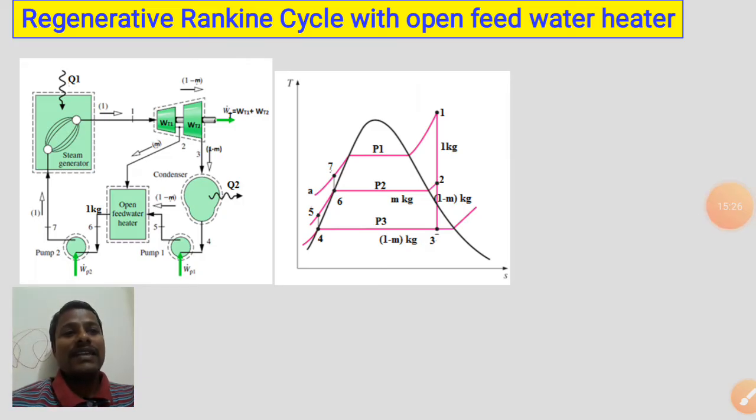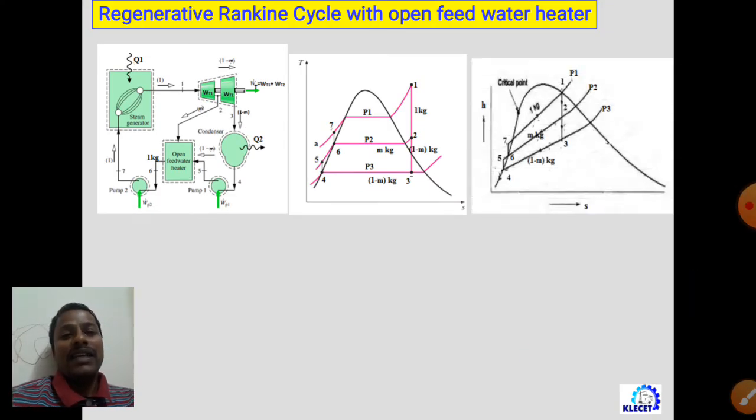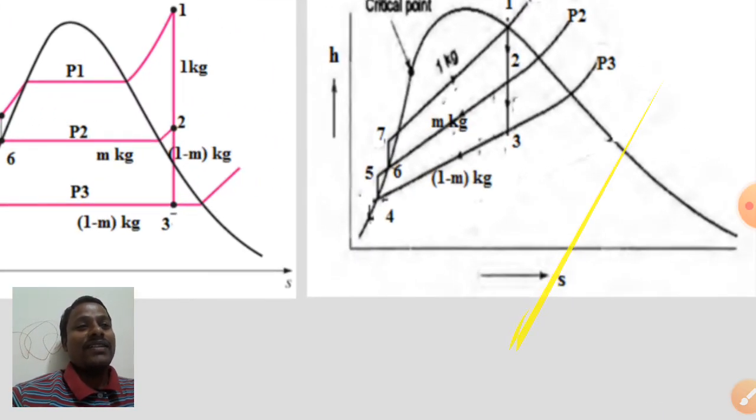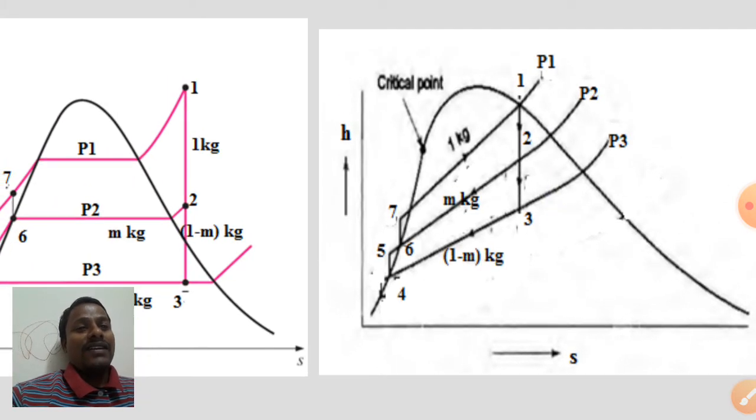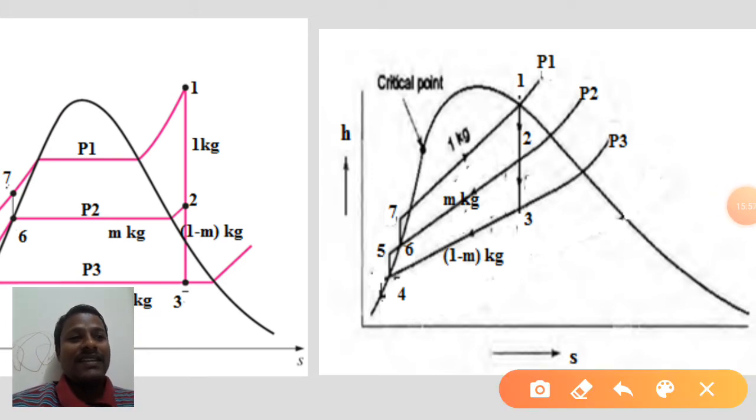After understanding the TS diagram, let's look into the enthalpy entropy diagram, that is the representation of the regenerative Rankine cycle with open feed water heater on the Mollier chart, that is the enthalpy entropy diagram. So here the steam is entering the turbine at state 1. State 1 should be marked here. So from 1 to 2 it is undergoing expansion, so producing